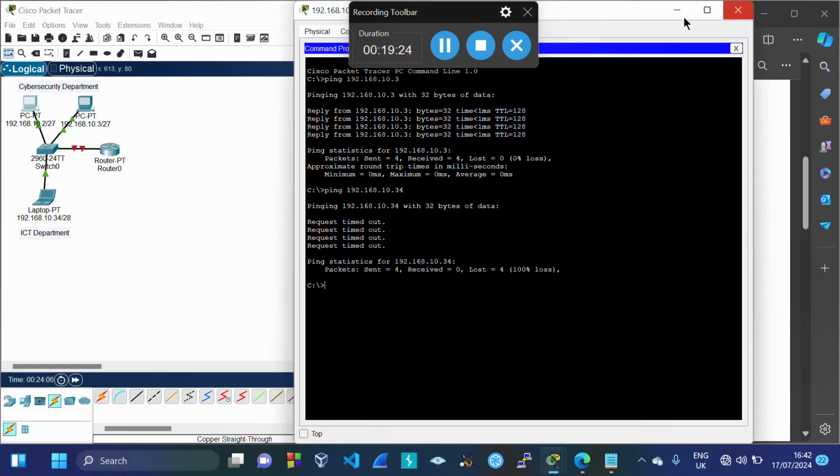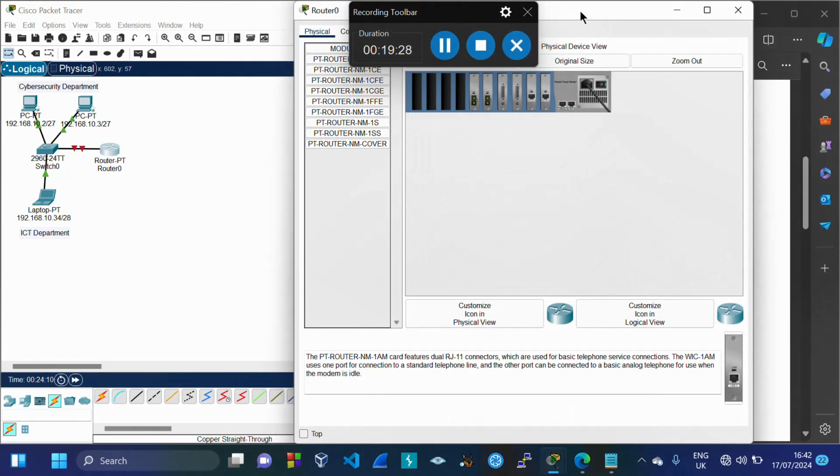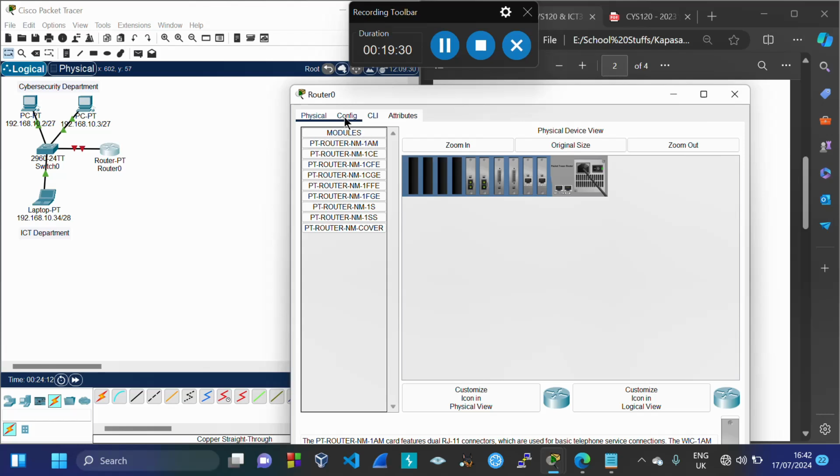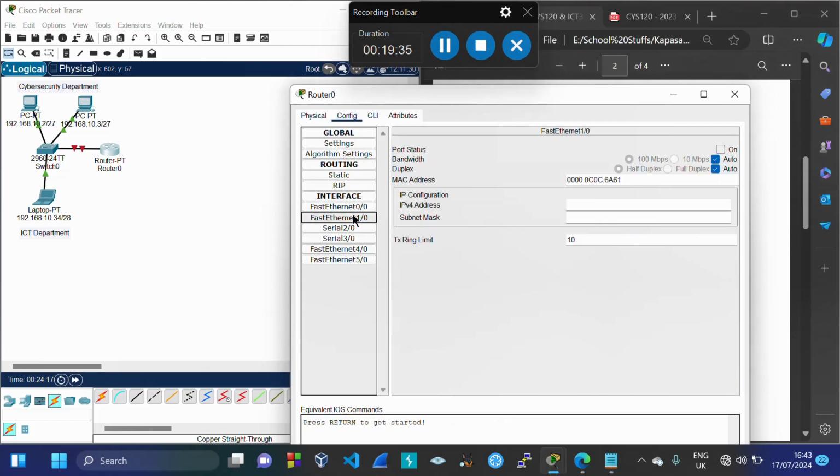So if I click on this router, then I go on that particular interface under config or configurations, it says FastEthernet 1/0, because that's the port which has been used to connect this switch. So I can see that I can only insert a certain IP address and mask for one thing. For example, if I insert for cybersecurity, it